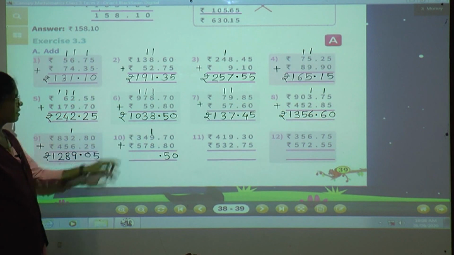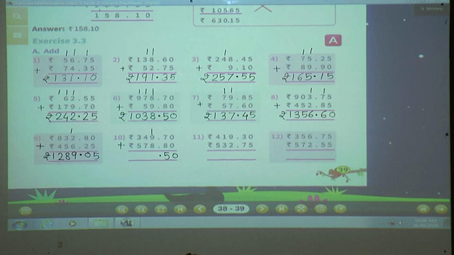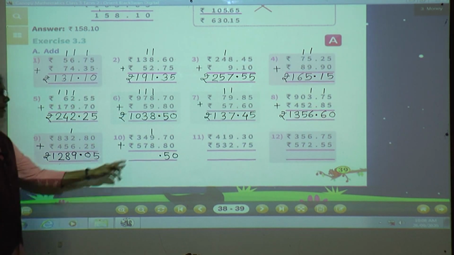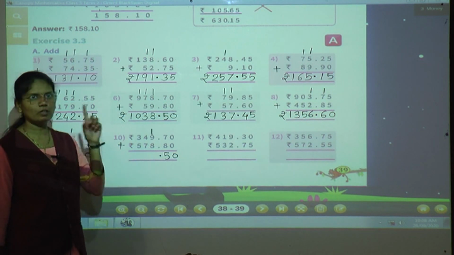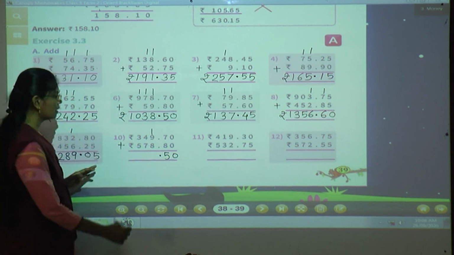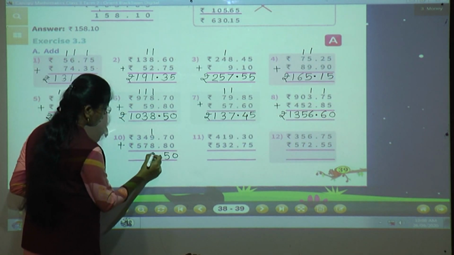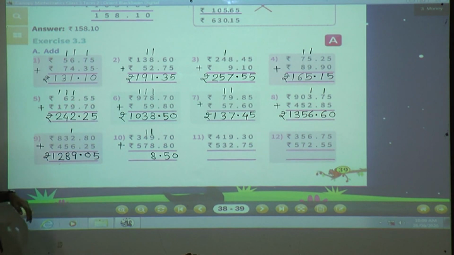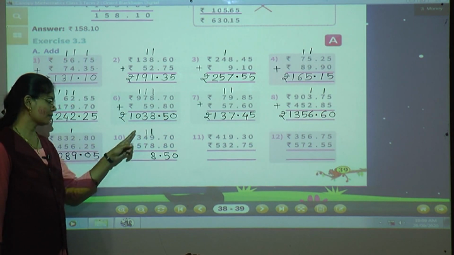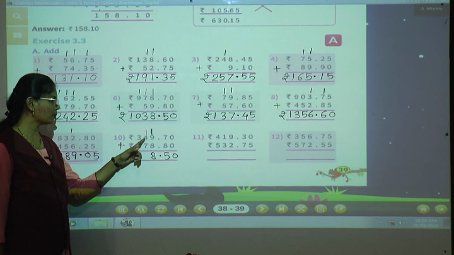Then next 1 plus 9, 10. Then 10 you have to keep in your mind and you have to show your 8 fingers. After 10 you have to count your 8 fingers. 10 plus 8, 18. So here we will write 8 and 1 as a carry. Then we'll move to the next place. Here 1 plus 4,